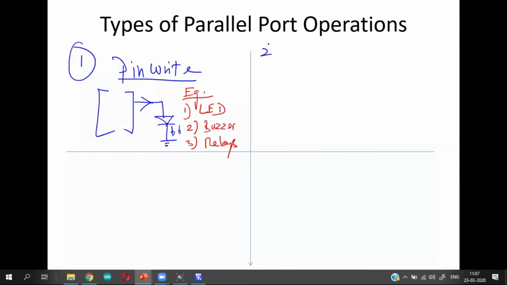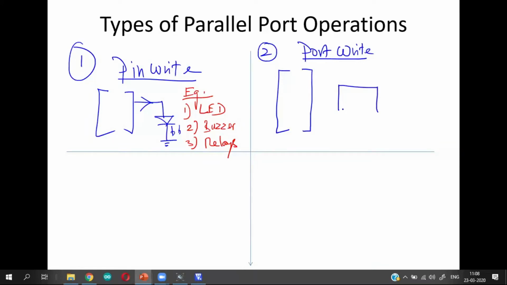The second important port operation we discussed was port write operation, where you again have a microcontroller and a peripheral device, in which one complete port is used for writing data. 1, 2, 3, 4, 5, 6, 7, and 8.